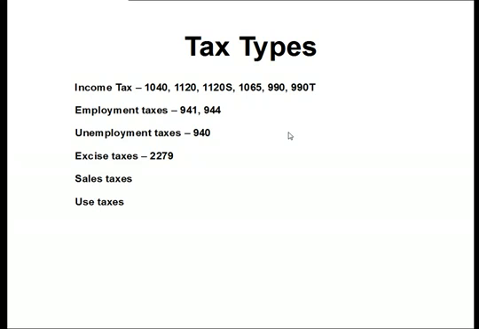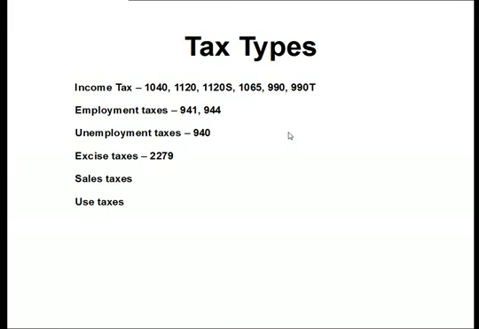Unemployment taxes. This is Form 940. This is filed once a year. Unemployment taxes are exactly that. They're what fund, for the most part, the unemployment compensation system in this country. And the way it works is that the first $7,000 of every employee for the year, the first $7,000, you pay a small percentage of their wages into this unemployment fund.